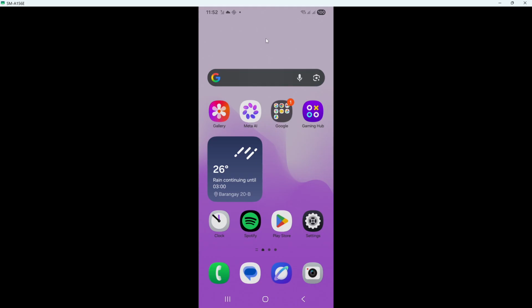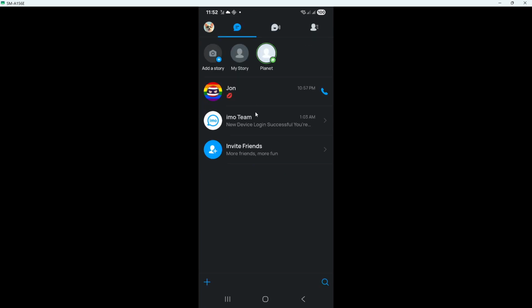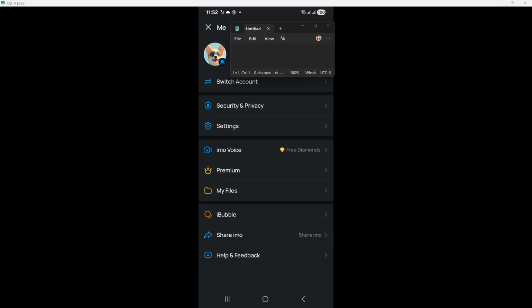To begin, open the Emo app on your phone and make sure it is fully loaded. Once you're on the main screen, look for your profile section and tap on it. This is where Emo keeps your personal account options and app preferences. After opening your profile, go to Settings. In most versions of the app, this is where you'll find the controls for your account, notifications, privacy, and general app behavior.